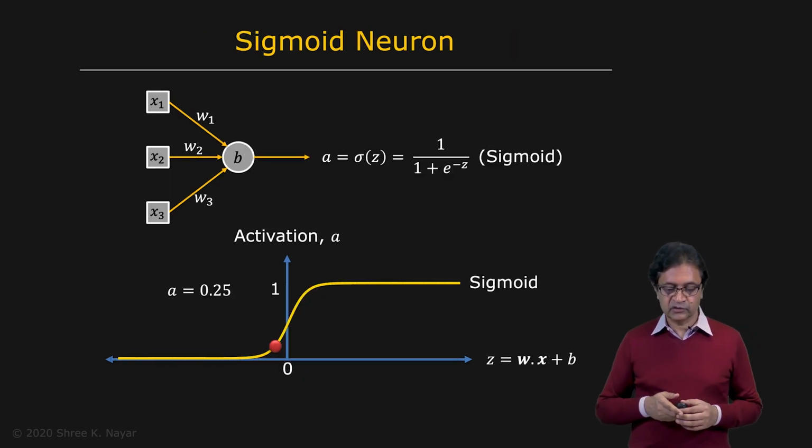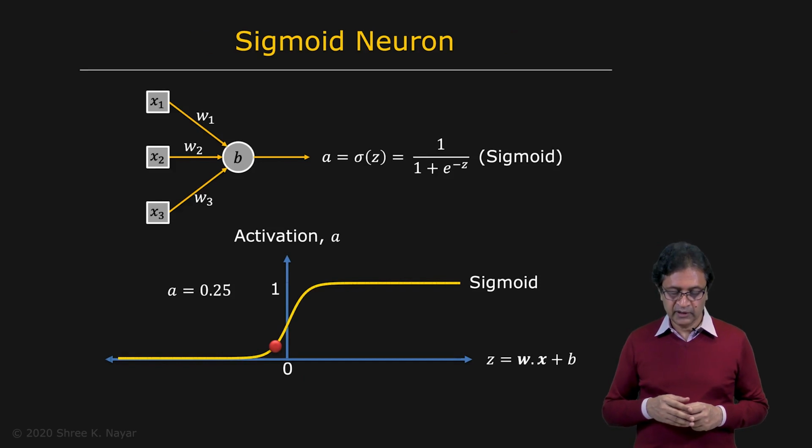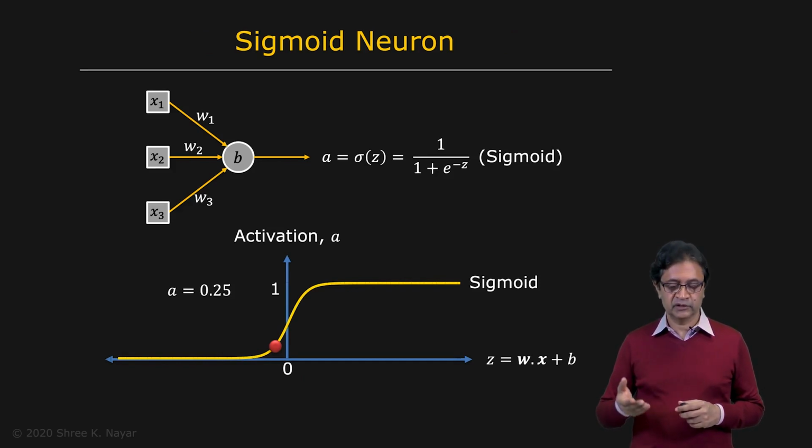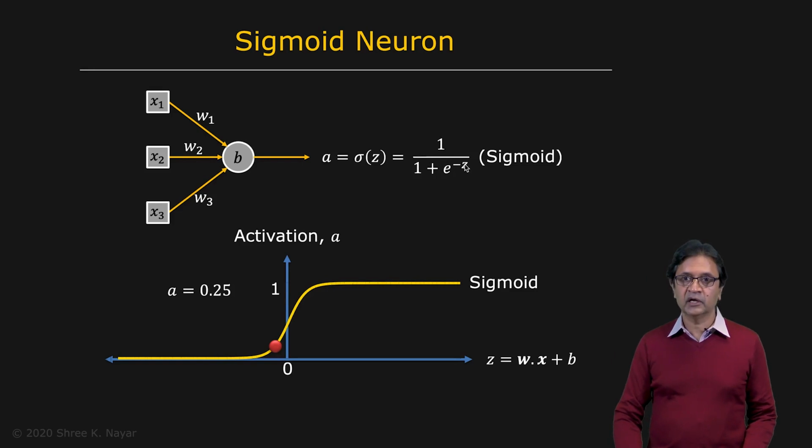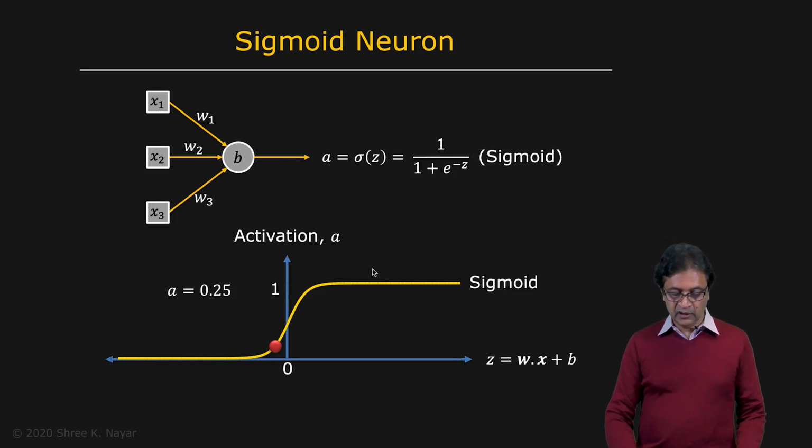So that brings us to the sigmoid neuron. In the case of the sigmoid neuron, which is exactly like the perceptron, the activation function, which you apply on Z, is now called sigma, and that function is no longer a step function, but the sigmoid. The sigmoid is 1 over 1 plus e to the power of minus Z. And if you take a look at that activation function, it looks like a blurred version of the step function. You see that right here.